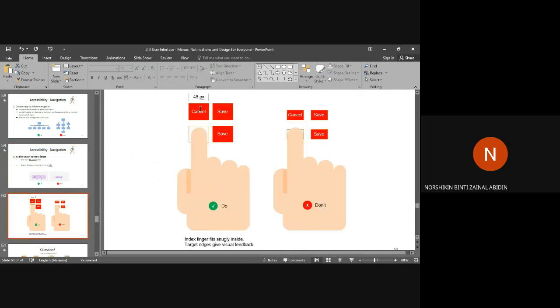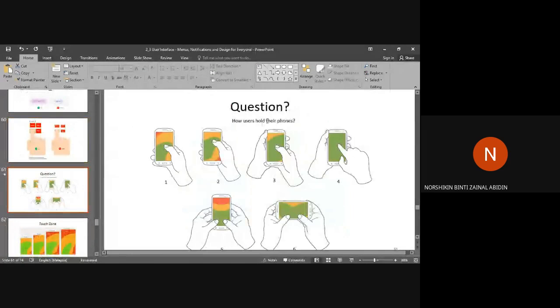This one is the example. As you can see, two index fingers fit snugly inside the target, and the edge gives visual feedback. This one we should take into consideration too. So how should the user hold their phone? Okay, this one is